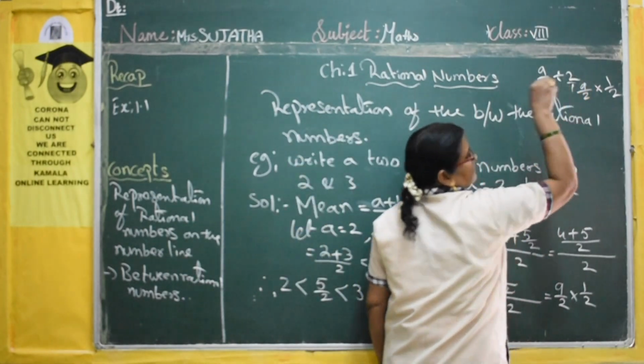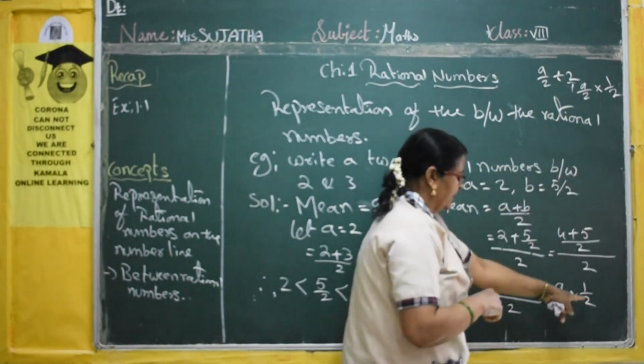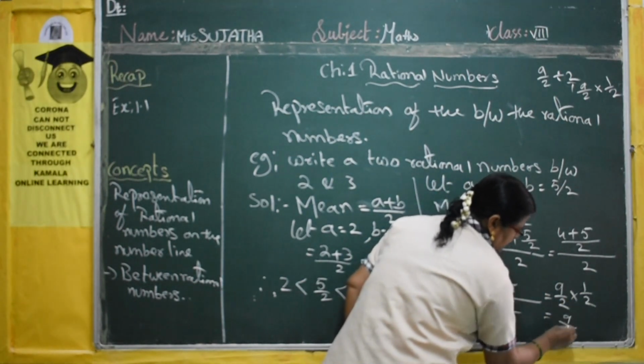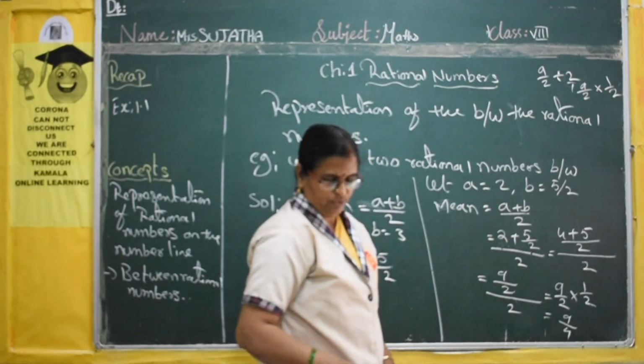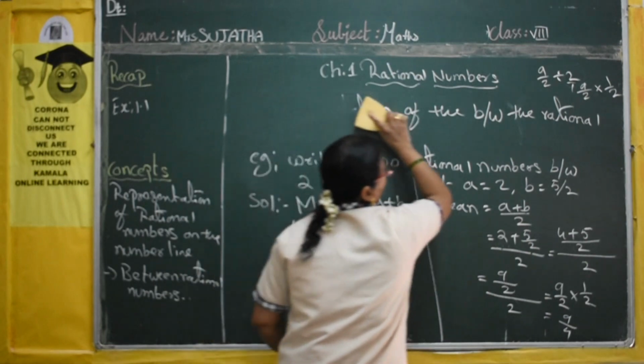Now here the denominator is 1, so you have to change: 2 by 1 is nothing but 1 by 2. Like that I got 1 by 2. Now multiply: 9 ones are 9, 2 twos are 4. So what rational number did you get? 9 by 4. Now therefore compulsory you have to write, no? So how can you write therefore for this?